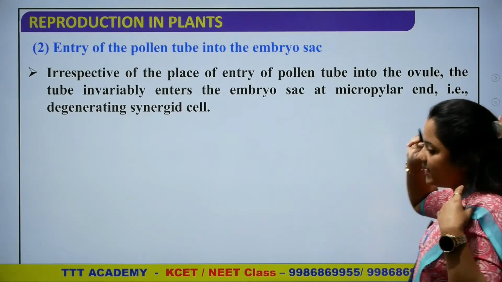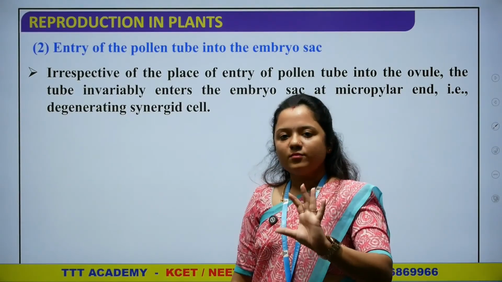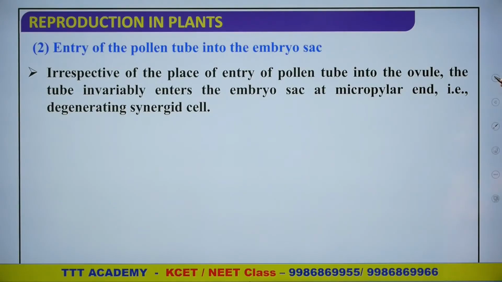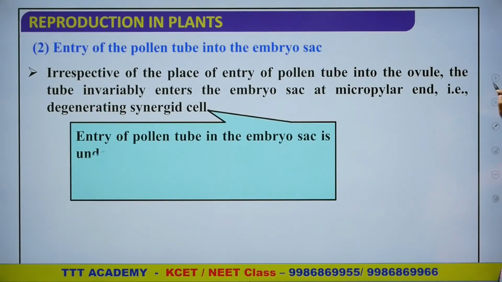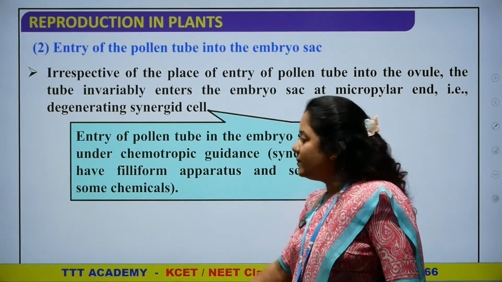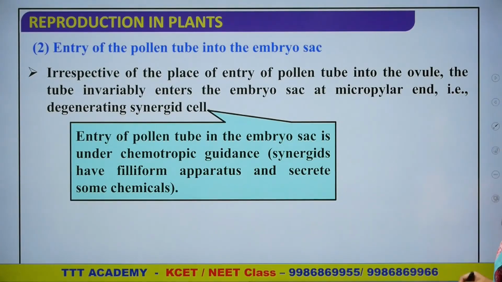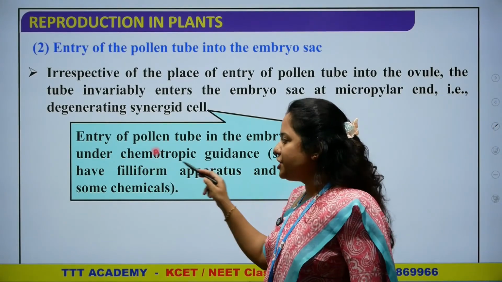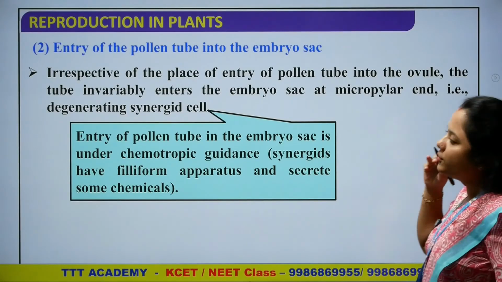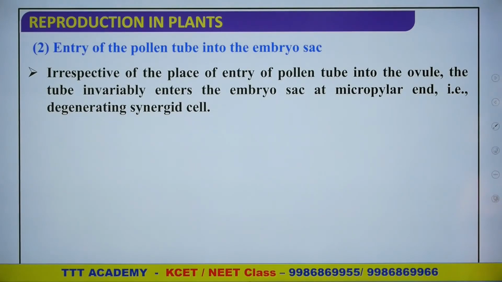Okay, we are getting to the point of how exactly the pollen pistil interacts and what the process of fertilization is. So first it will degenerate the synergid cell. When the pollen tube enters the embryo sac, how will it degenerate? Because of the chemotropic guidance, that is again from the filiform apparatus, which is secreting chemicals. That is why we call it chemotropic. Release of chemicals will direct the pollen tube towards the egg apparatus or the egg cell of the embryo sac.